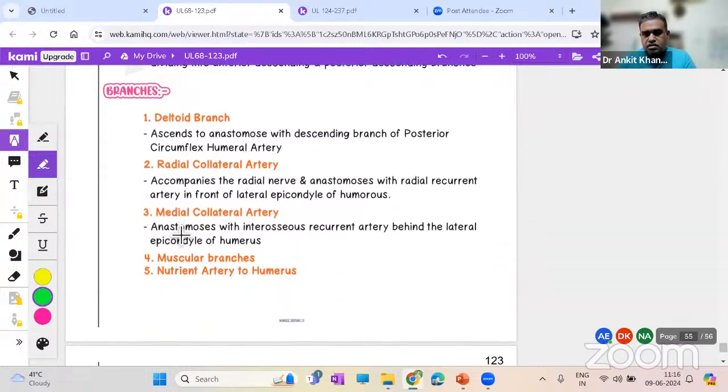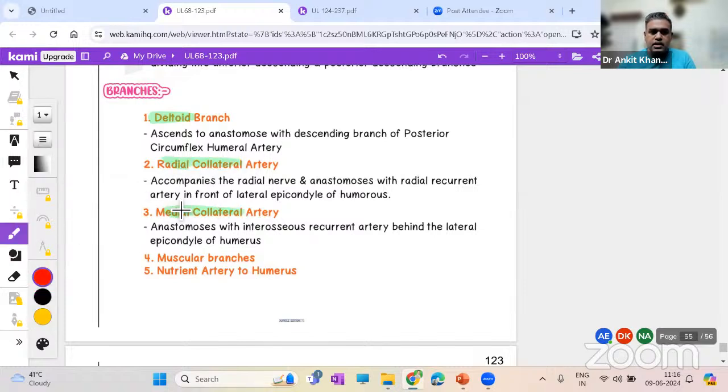As you can see around the surrounding areas, you can start with the deltoid branch. Then these two are collateral arteries. Wherever the collateral arteries are written, it is the middle collateral artery. These collateral arteries are actually going down into the region of the elbow, and they'll anastomose with the vessels around the